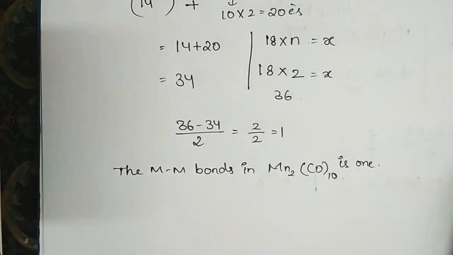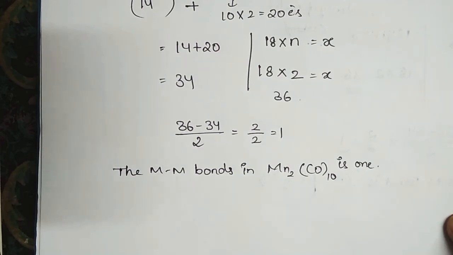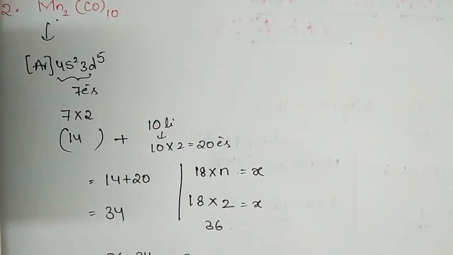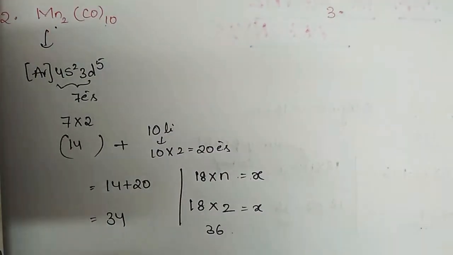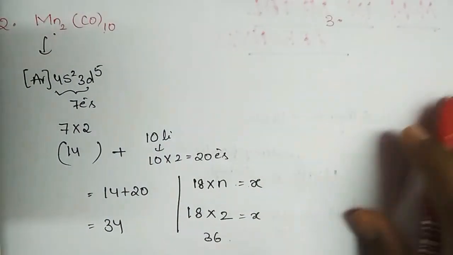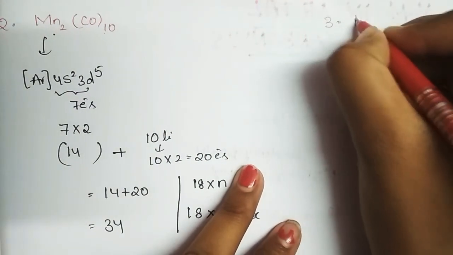Next we considered metal bonds in metal carbonyls. Next example, third example. Okay, are you seeing this? Okay, next example,